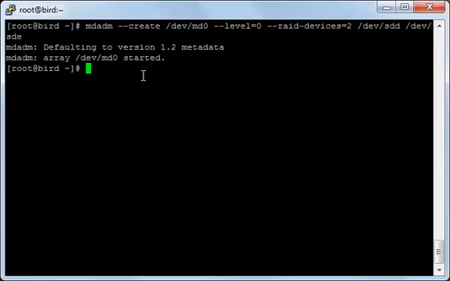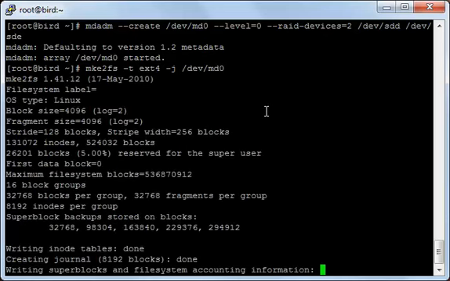Let's create an ext4 file system for the RAID 0 partition. I'll type mke2fs -t ext4 -j /dev/md0, and here of course, as we have said, md0 is the name of the RAID 0 partition that we are making, and by this command I'm making this partition have a file system of ext4. Now I'll press enter,